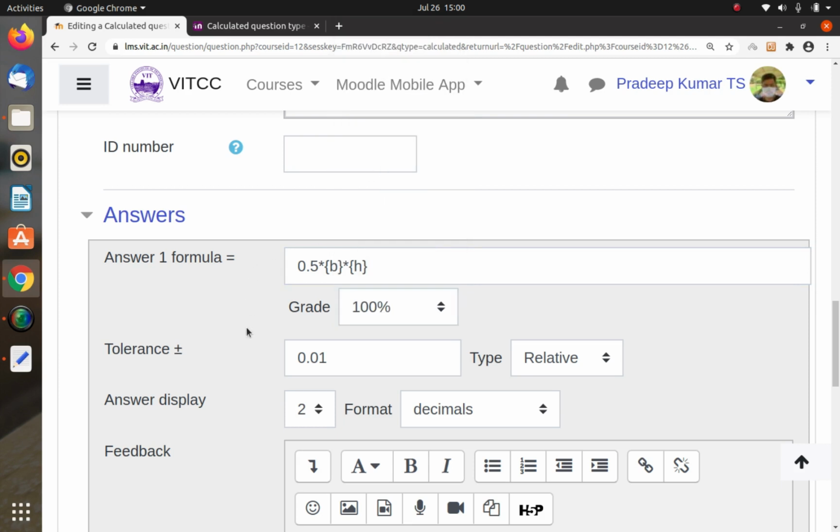Now the tolerance level is 0.01. Plus or minus 0.01 means the calculated value can vary by that much; it's a relative tolerance.